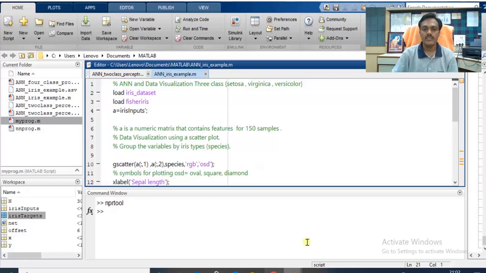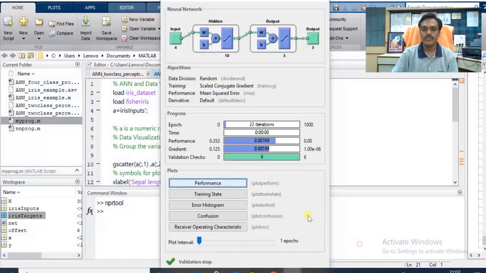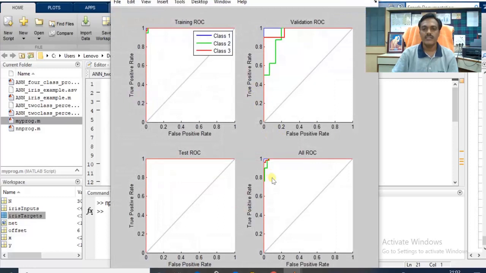Now let us see about the receiver operating characteristics. See here, in all the ROC plots, if the curve is towards this left upper corner, it means that the training is proper.